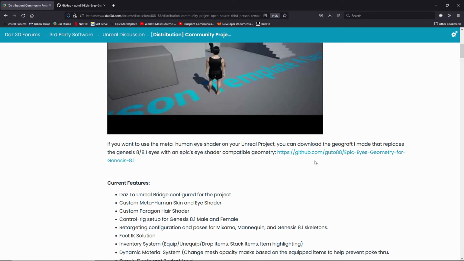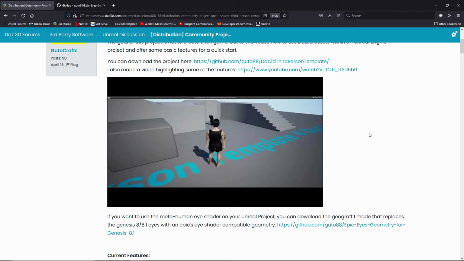So what you want here is this git. You want the git for Epic Eyes geometry for Genesis 8.1. There's also a version in there for version 8 as well as 8.1, and you could probably easily make one for Genesis 3 if you wish, or whatever character uses the eyeballs that you want to have mapped to the Unreal 4 material version. So I'm not going to explain Git. You can figure that out, but basically we're going to download the Git as a project to your hard drive, and once you get the Git,